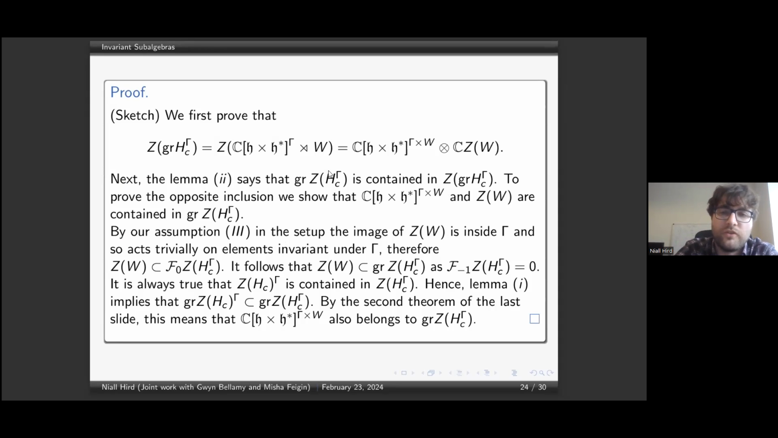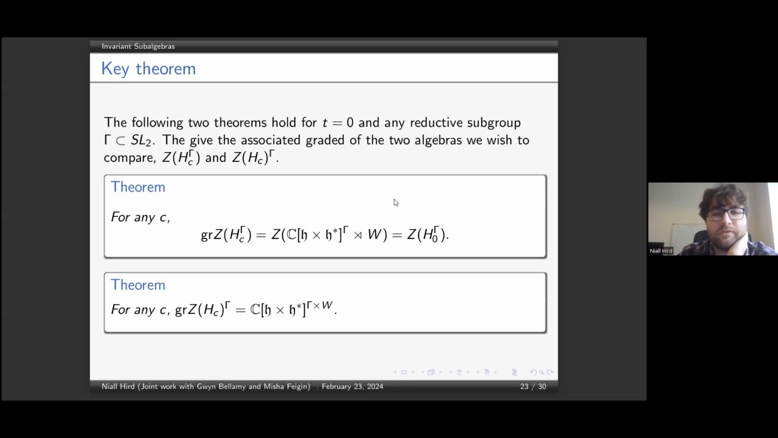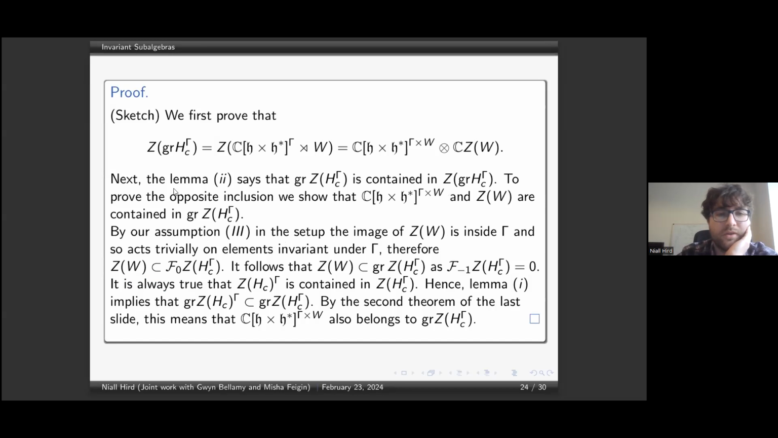So this is just a sketch of the proof because certain key justifications are sort of omitted. So you first need to prove this top line of equalities, which we do elsewhere in various steps in the paper. So we've got the center of the associated graded of this algebra of invariants is equal to the center of this polynomial ring, which is equal to this one. Right, and so if we compare back here, this second term in this equality is right here. So to prove it,